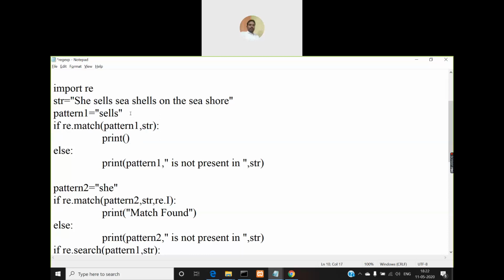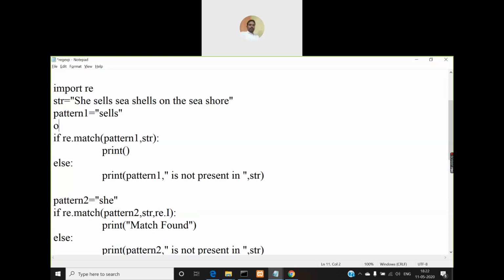I'll take obj, a variable, and assign instead of directly using it in an if statement. I'll call this match function, and because this is going to return a match object, that object will be stored in the variable obj.